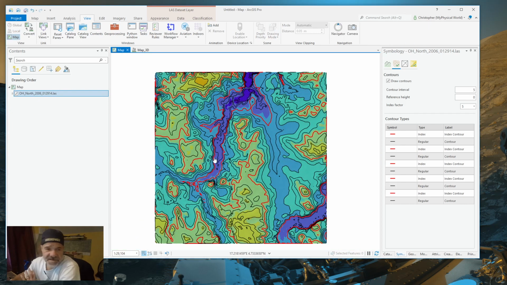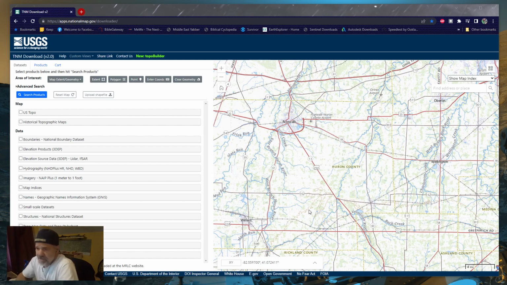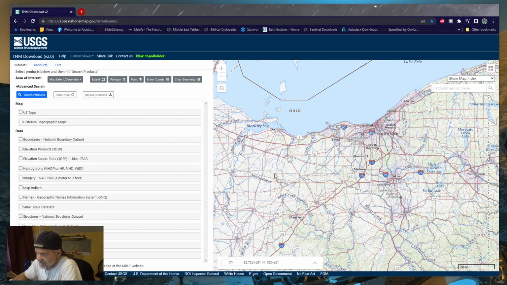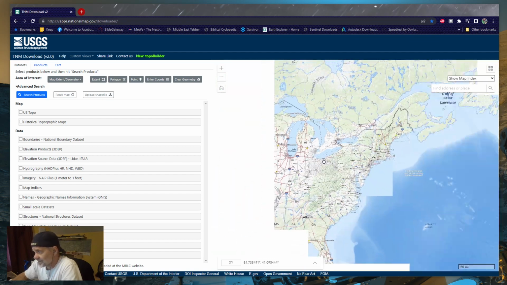Now, I'm going to show you what's needed to get this kind of data. The first site that we have to go to get data, and a good source here in the United States, is the United States Geologic Survey, USGS. And they have a site, and the link is in the description, apps.nationalmap.gov/downloaders. One downloader. And you get a map, you get an atlas of, actually technically it goes out